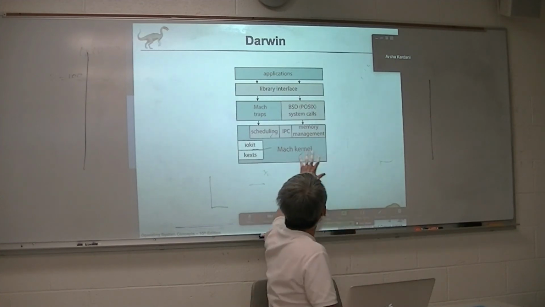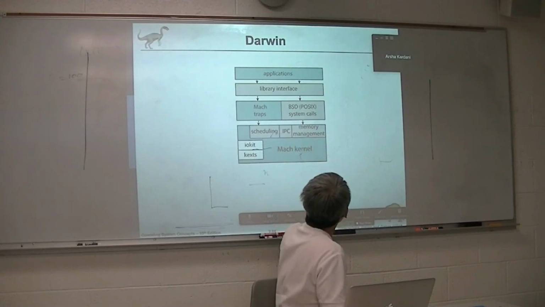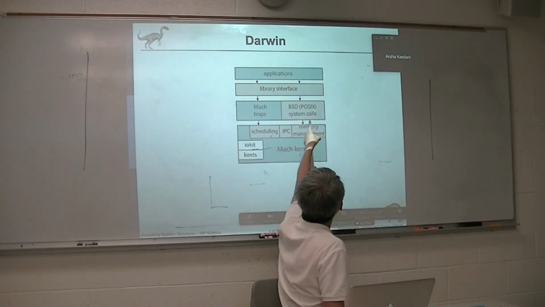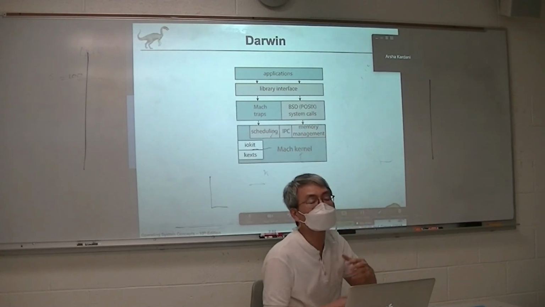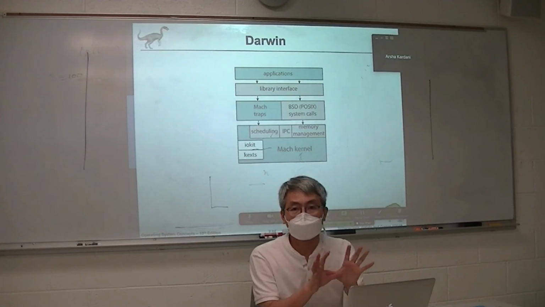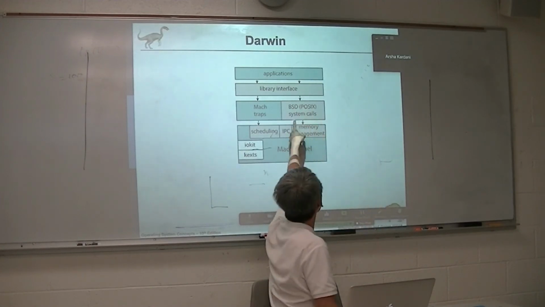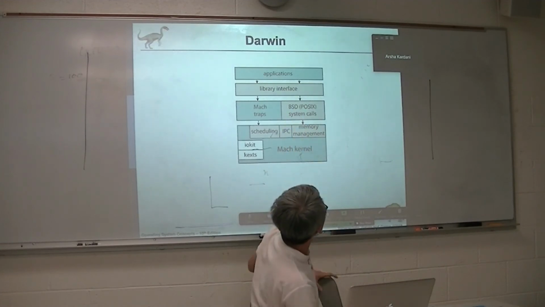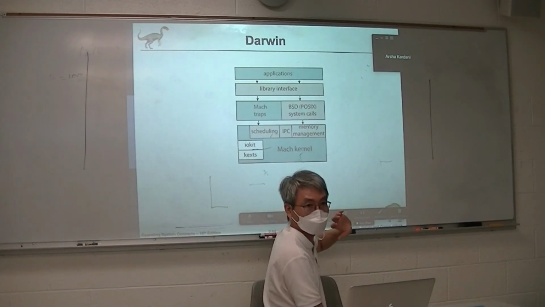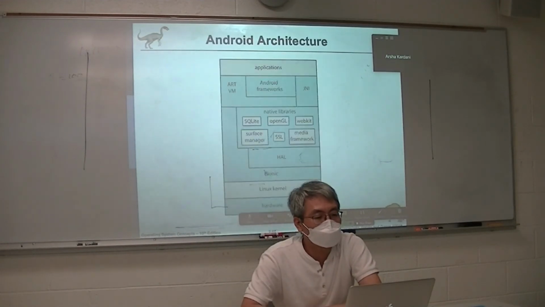So the microkernel is here. They have the services, and they have the system call through POSIX. In other words, we can use POSIX, the system library, for the application program also, because they provide the system call interface. And also they have Xcode like that. So this is the Darwin architecture, and Android